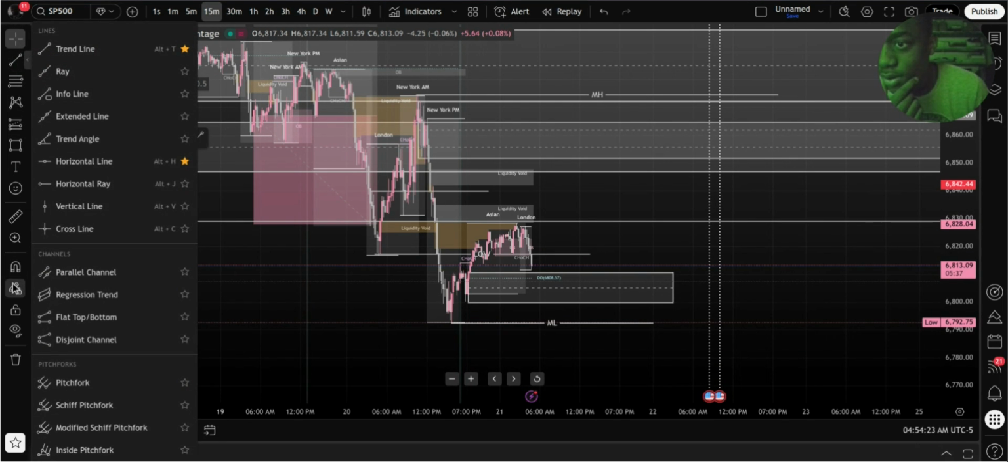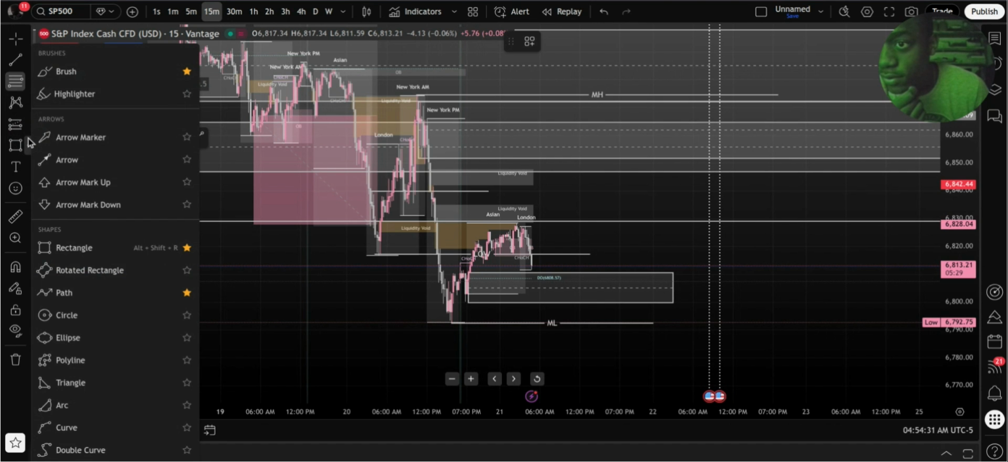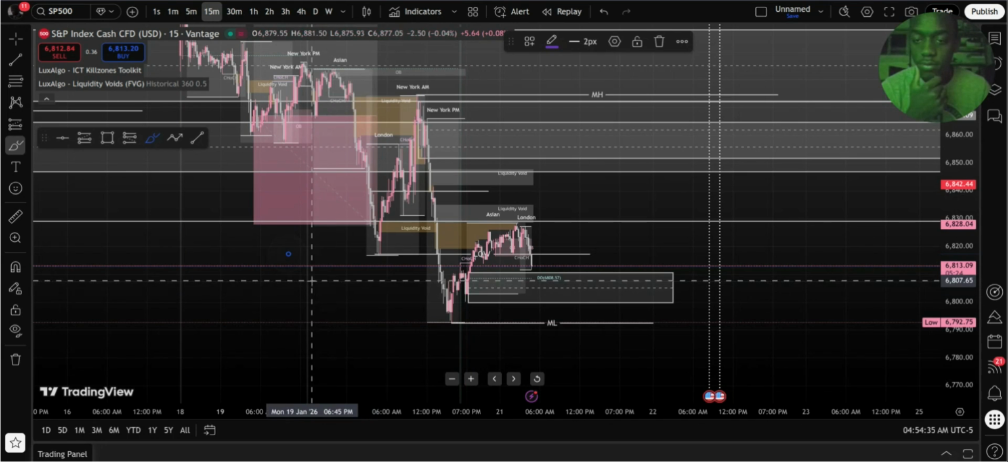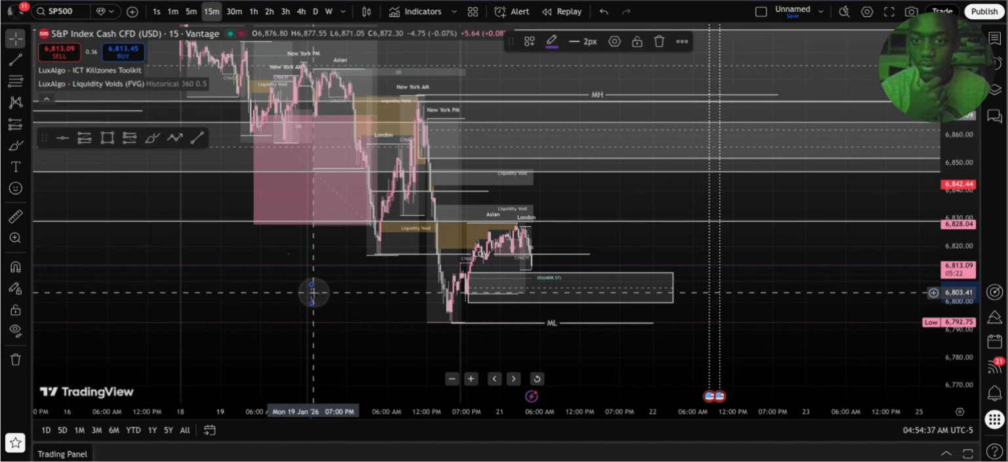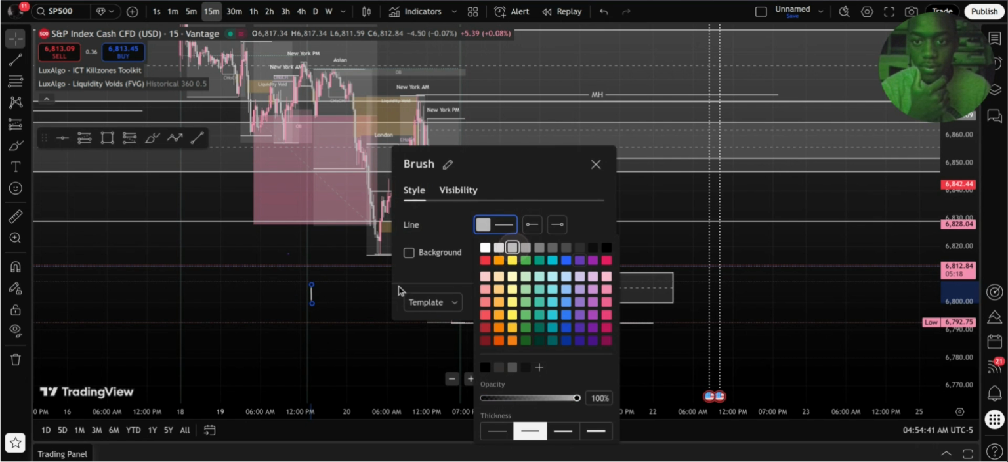Where's the pen? The pencil? Yo, I just seen the pencil too. Oh, brush. Alright, so can I change the brush color? The color needs to be gray. Alright, so